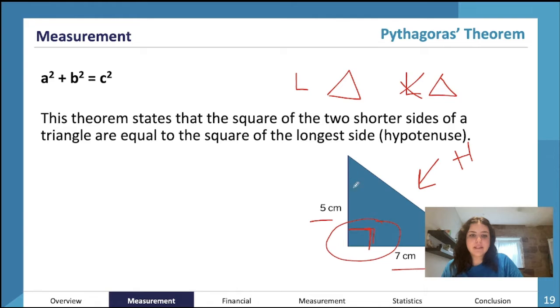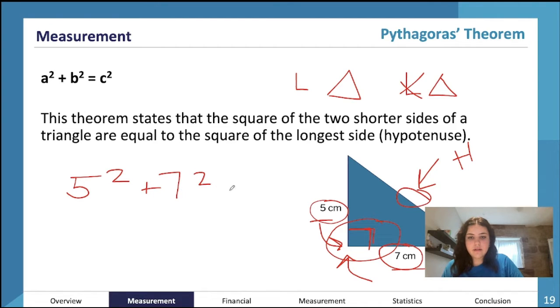So this theorem states that the square of the two shorter sides of that triangle are equal to the square of the longer side. So very simply, step number 1, you have to identify your two shorter sides, which are going to be next to the right angle. Hypotenuse, opposite the right angle. Then we just do 5 squared plus 7 squared equals C squared. So this is going to be